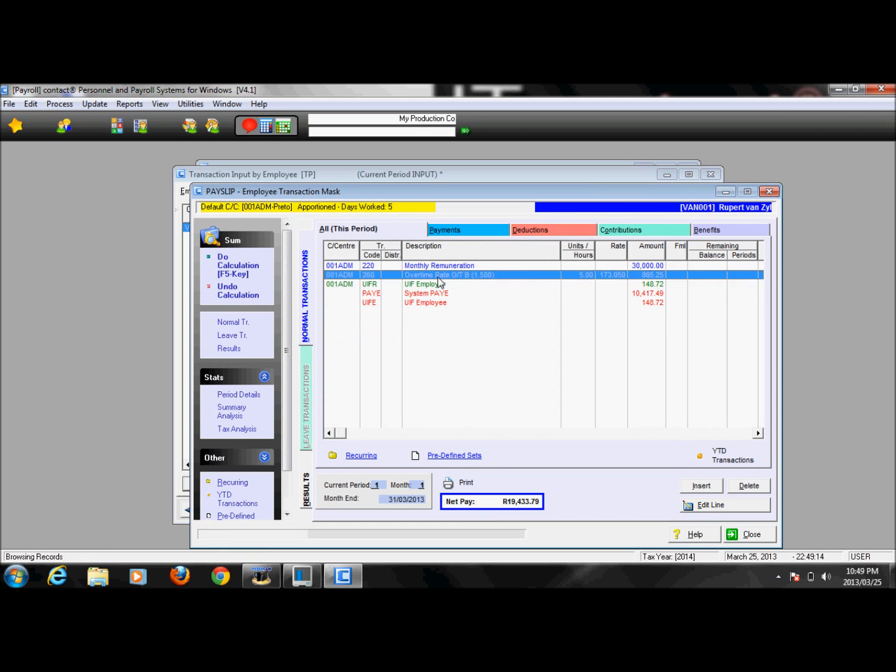So I've added those transactions, and I can say do calculation, and then the payroll will calculate that my tax, which is on the 30,000 and the overtime of 865, is then 10,763. Of course, that's for the shorter period of 5 days. So I've only worked 5 days for 30,000 plus 865, and that's why I'm